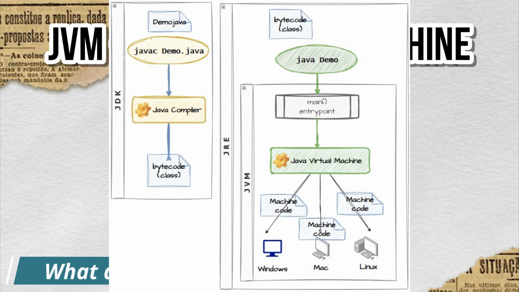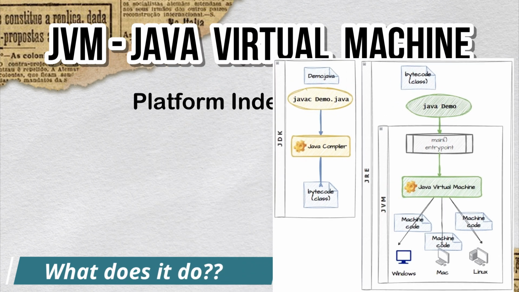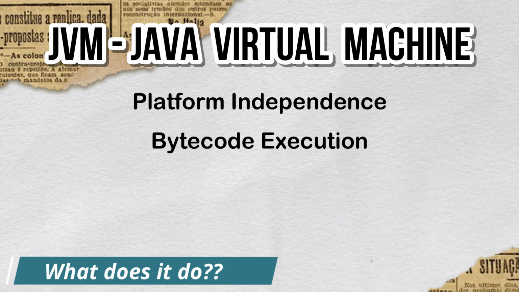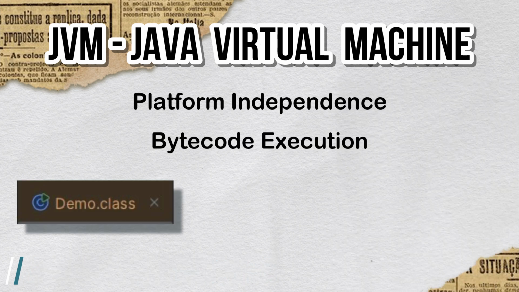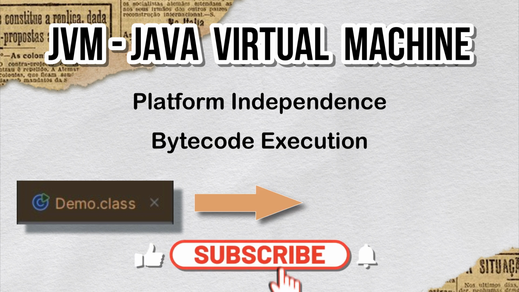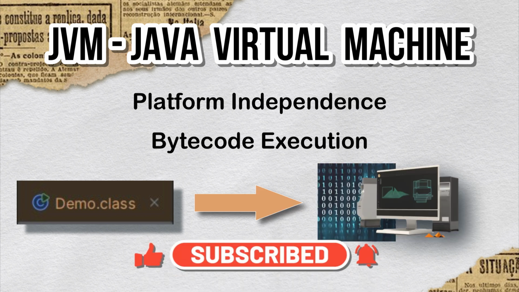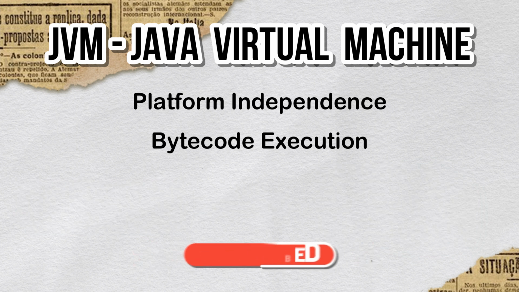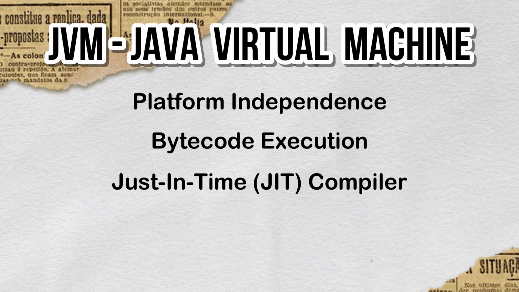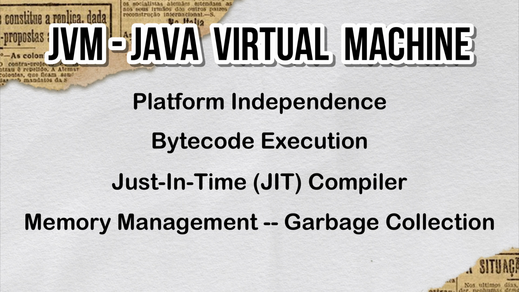This is achieved by converting Java code into bytecode, which the JVM can interpret and execute. Then JVM runs bytecode, so bytecode execution is another point. The JVM takes compiled .class files, that is bytecode, and interprets or compiles them into machine code that the host system's CPU can execute. Then JVM has a JIT compiler, that is just-in-time compiler, to convert frequently used bytecode into native machine code at runtime. It improves performance. It also handles the memory management part. So JVM handles automatic memory management via garbage collection, that is the GC mechanism, which frees up memory by removing unused